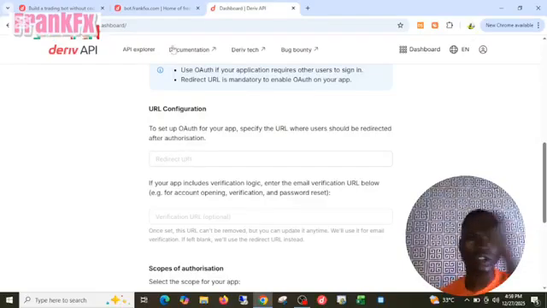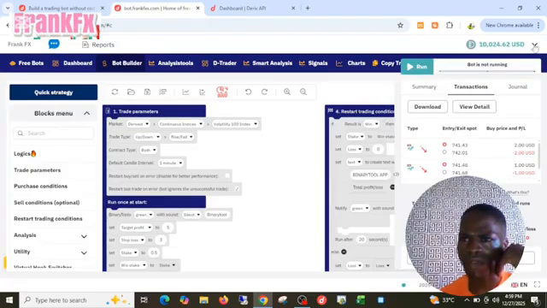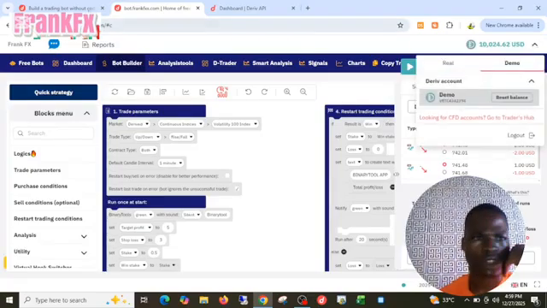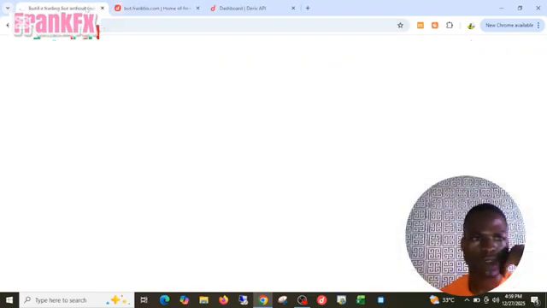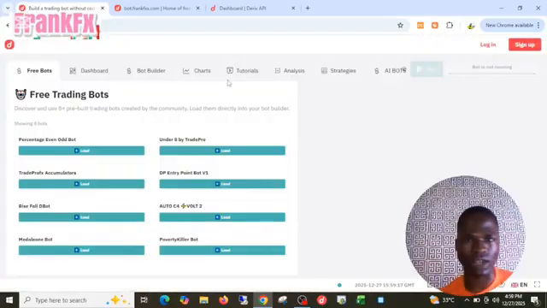Okay, redirection. You can see that when I log in, let me just log out from this particular app, or let me just use this one and try to log in so that you can understand, because I like to show you everything, like how it works, guys. Let me just try to log in with this one so that you can understand. So when I try to log in with this one,